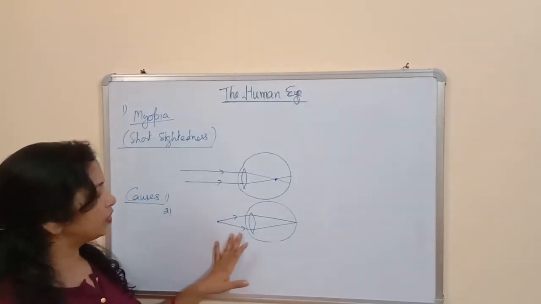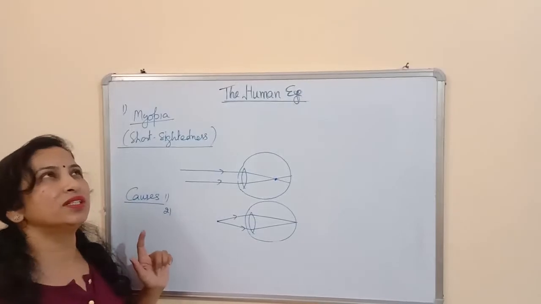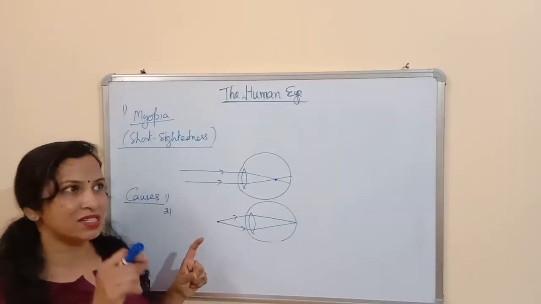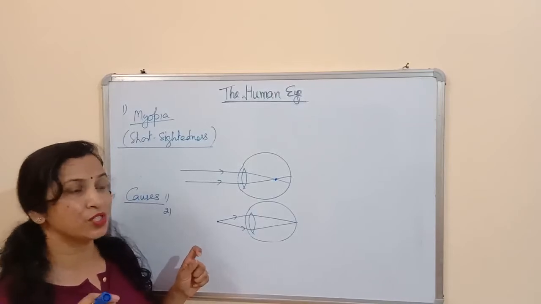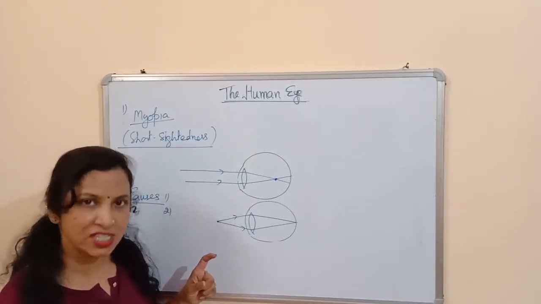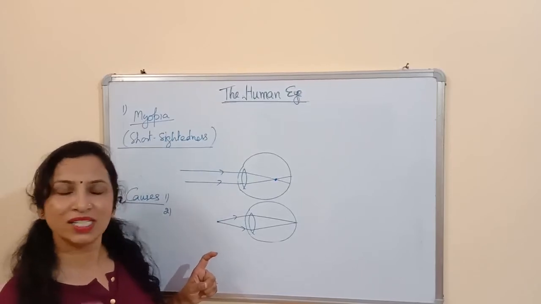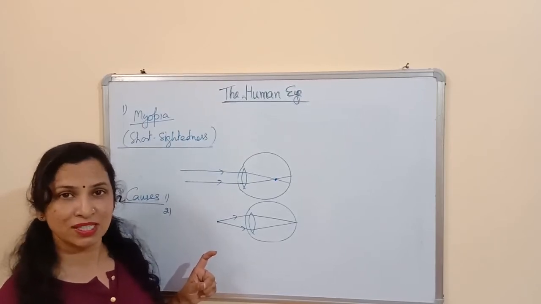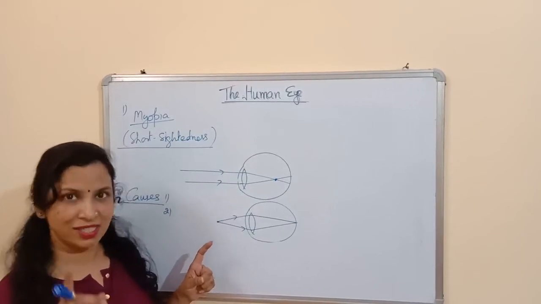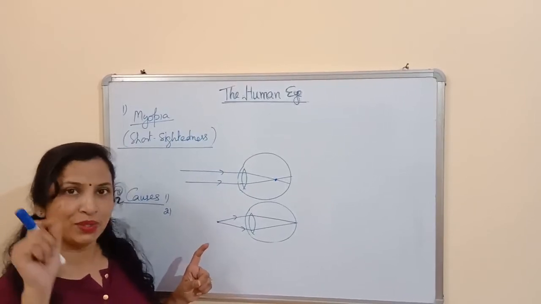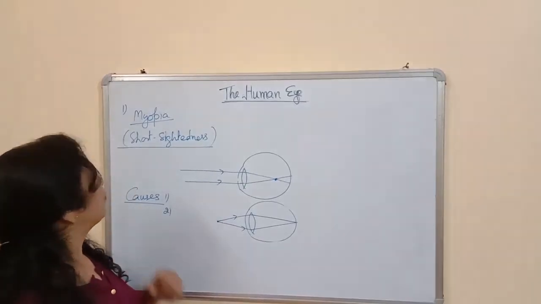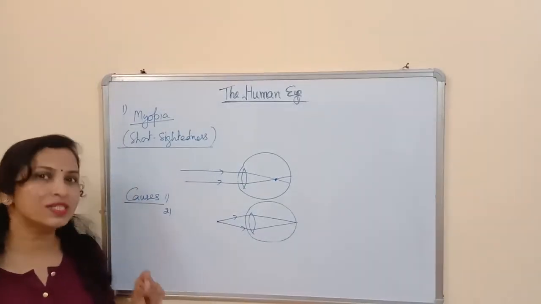So if you notice, there should be a power like -1, -0.5, or the power of your lens will be like this. Do you know why it's negative? Do you remember which lens has a negative focal length? Yes, it is the concave lens. It means your spectacles have a concave lens. So in case of myopia, we use the concave lens.